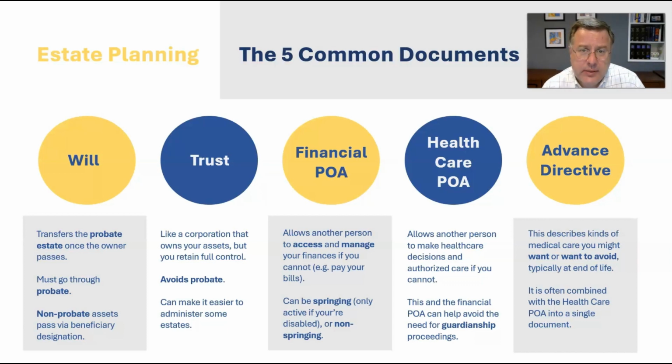So there are going to be certain types of assets, we call them non-probate assets, where those assets pass via a mechanism other than the will. Most commonly, these are things like IRAs, 401ks, retirement accounts where we have beneficiary designations, and it's that beneficiary designation that transfers the asset. It doesn't matter what the will says, it matters what that beneficiary designation is. Likewise, we can own real estate as a joint owner with somebody else, and if that real estate passes via right of survivorship, it's that right of survivorship that's going to transfer the interest in the property, not the will.